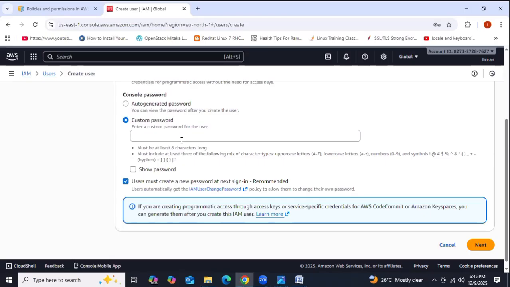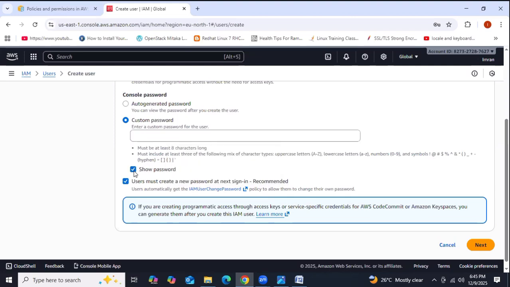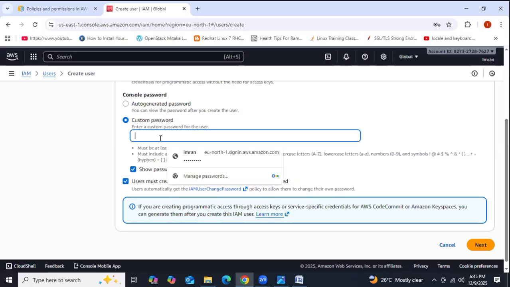Yesterday we discussed automatic generated passwords, where it automatically generates one. So now I'm trying to provide a custom password. Guys, coming to custom password, I'll show you how we need to provide it. Select this one. It is going to show you, but usually you should not select it. But you need to understand how we need to provide the password.